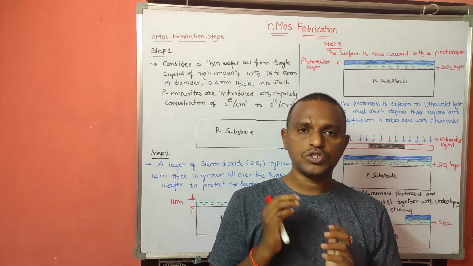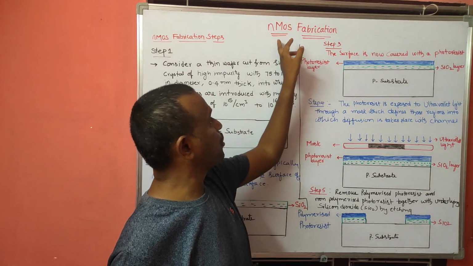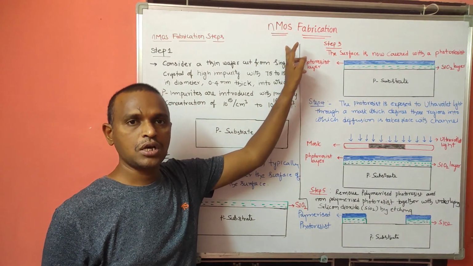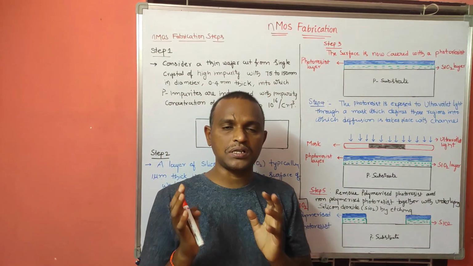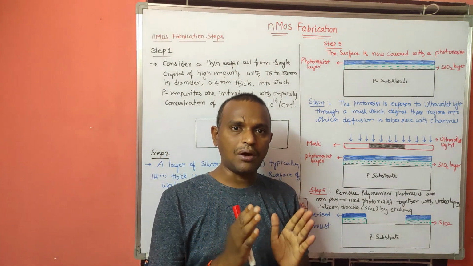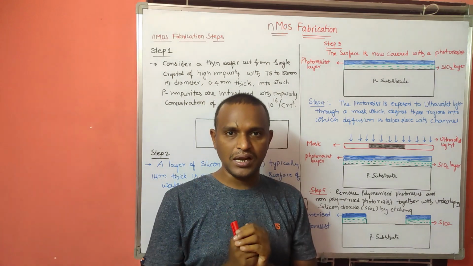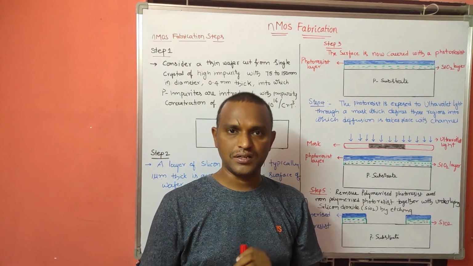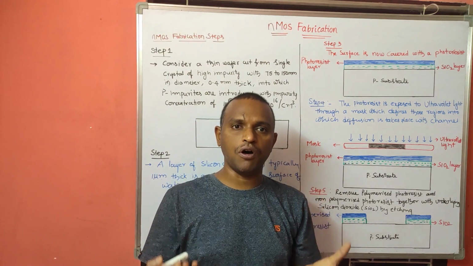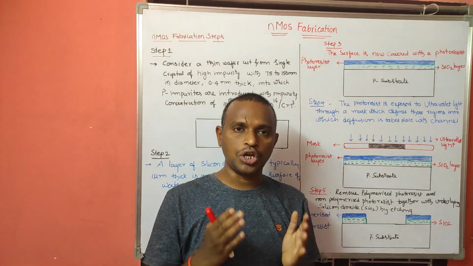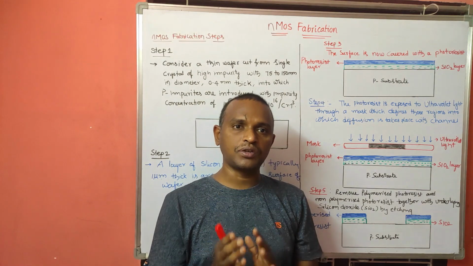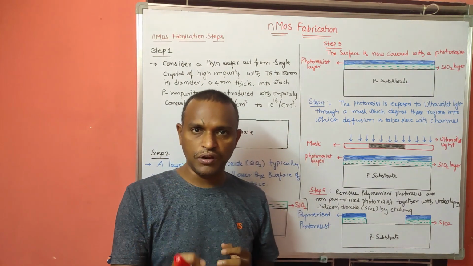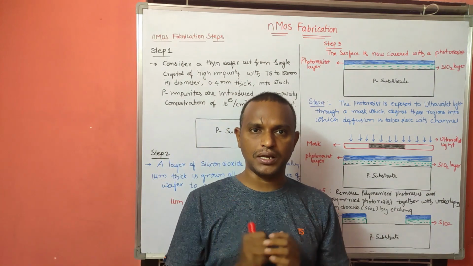After that, suppose we are doing nMOS fabrication. nMOS fabrication means, which material do we have to consider as a substrate? We have to consider p-type material as a substrate, a lightly doped p-type material. Therefore, how can you form a p substrate? After preparing the wafer, or after taking the wafer that consists of pure silicon,